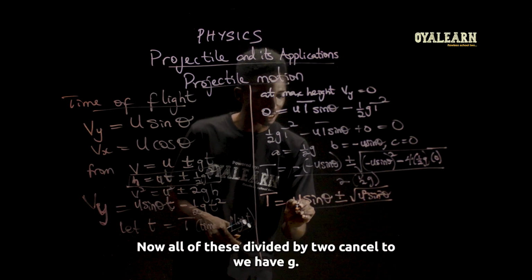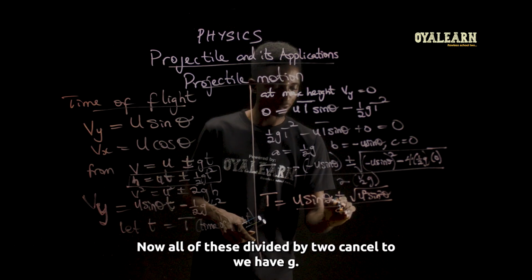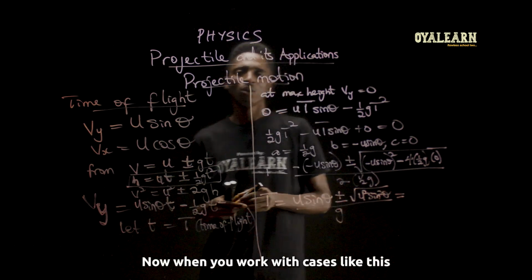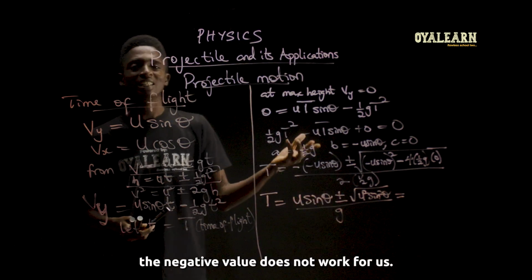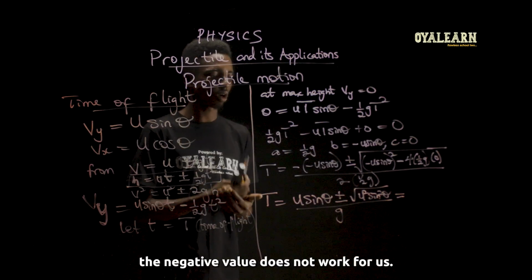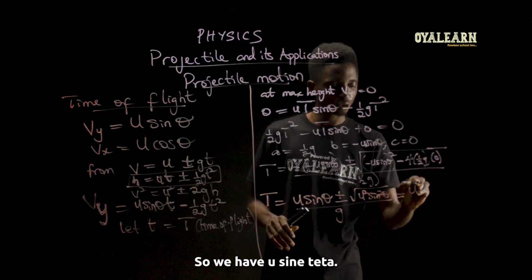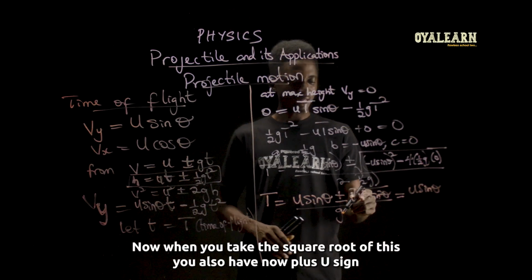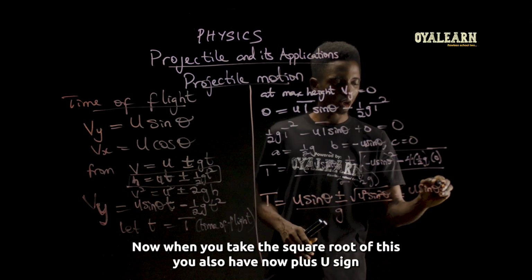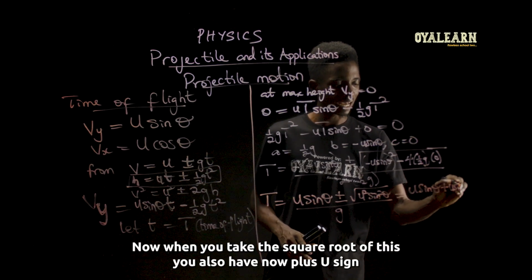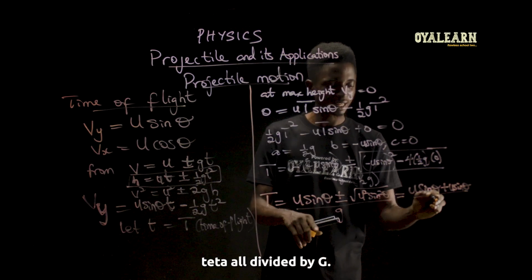Now, all of this divided by 2 cancel 2, we have g. Now, when you work with cases like this, the negative value does not work for us. So we are only going to take the positive value. So we have u sine theta. Now, when you take the square root of this, you also have now plus u sine theta, all divided by